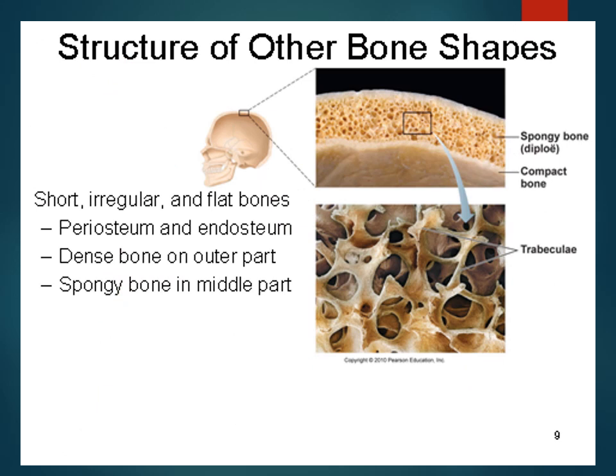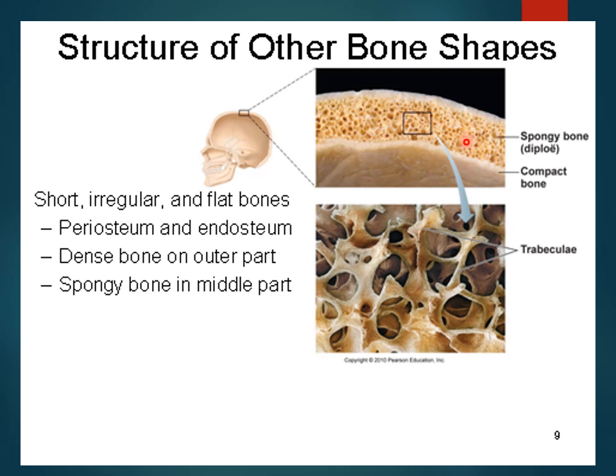This is showing you the typical structure of the flat bones. As you have seen, the examples of flat bones are the vault of the skull, the sternum, ribs and the scapula. You have already seen the scapula during your dissection classes. So typically the flat bones are going to have that inner spongy bone. That layer of the spongy bone is known as diploe. That diploe is the characteristic feature of the flat bone.